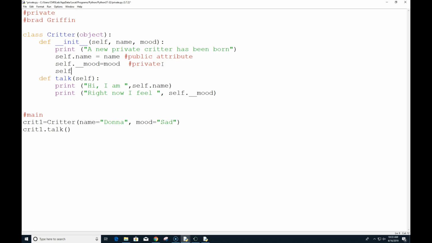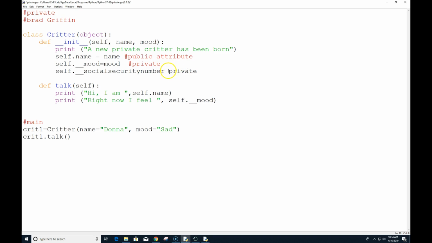Or self dot social security number. We might want those kinds of things set private.